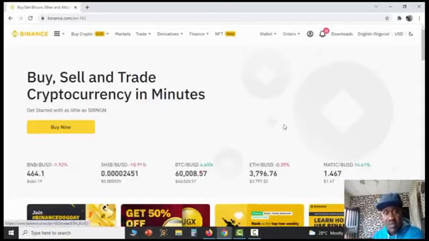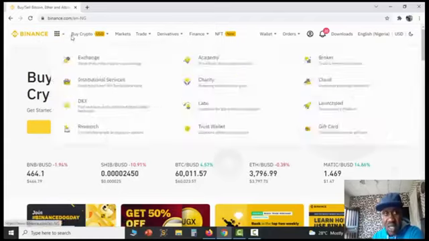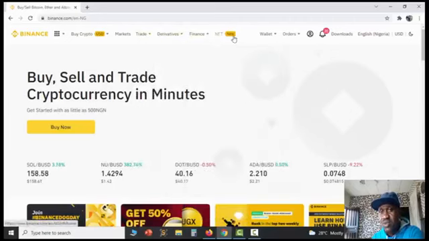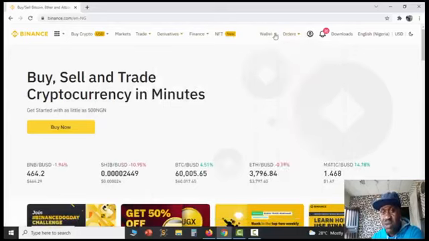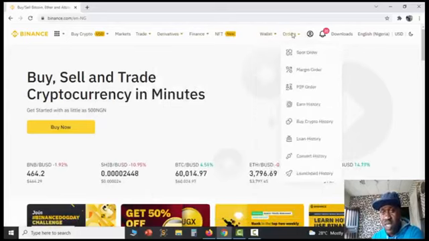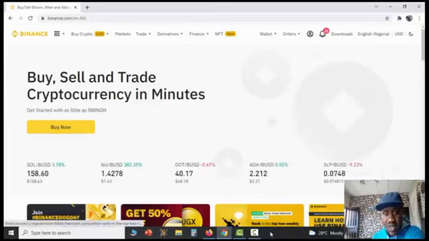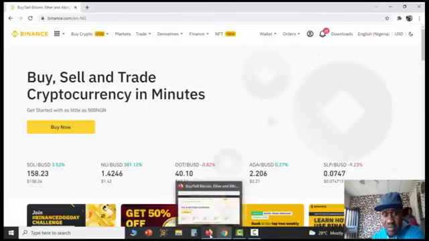Now I want to show you the difference. Because I'm logged in, on the home page, you see Binance, buy crypto, market, trade, derivative, finance, and NFT. Then the new thing is, because I've logged in, I'll see my wallet, I'll see others. Then I'll now see my profile, and it tells me that I've already registered, I've already been verified. Then this is my dashboard, security, and the rest of them. But if I come to this other side,